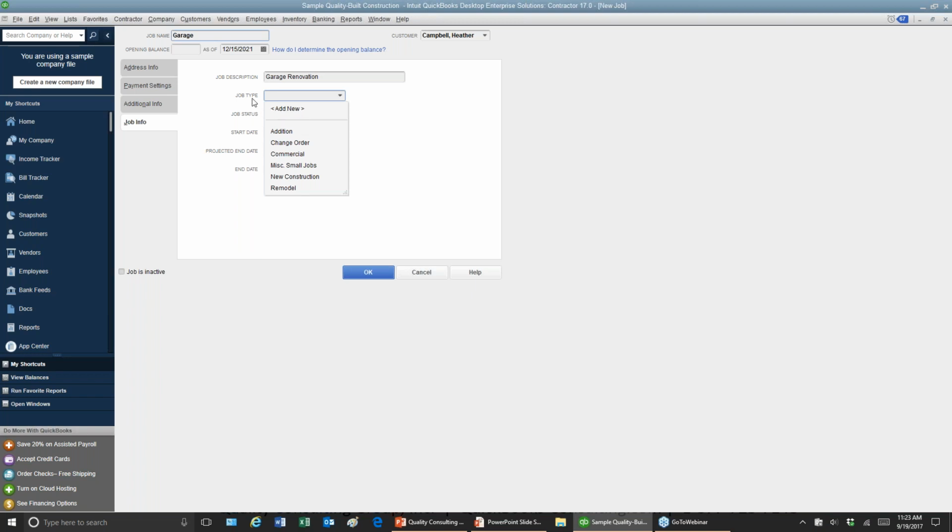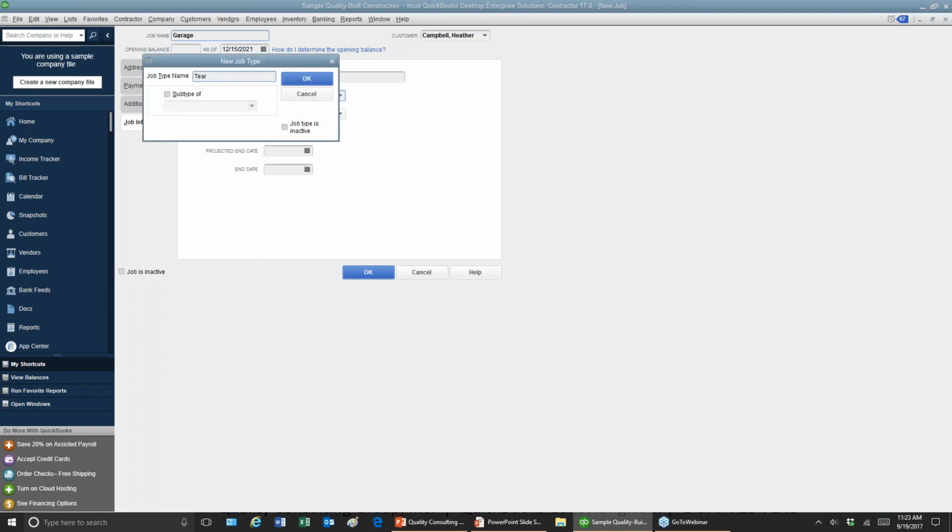I think it's up to 10,000 different job types. So if there was something, maybe a tear down and rebuild, you can have it as a sub underneath, say, garage, and you have all the different job type names underneath garage.